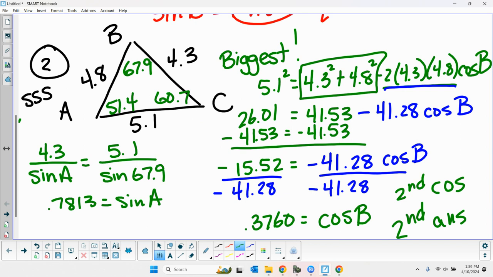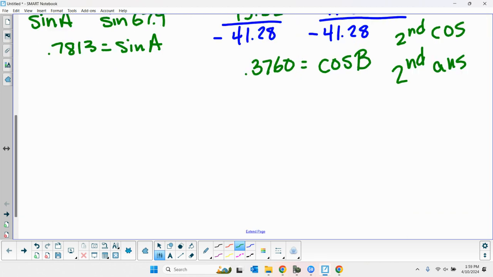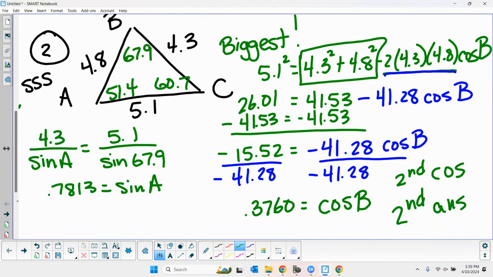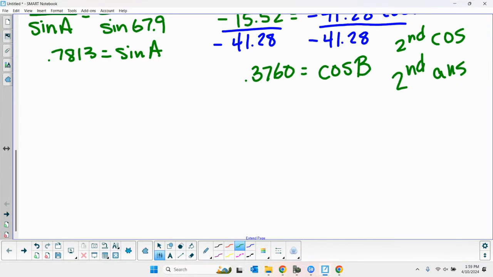All right, 3 and 4. It's a little unfair. 3 and 4, I give you 2 angles. Whenever you get 2 angles, what law will you use? Law of sines. You don't need to use law of cosines for 3 or 4. All right? So 3,